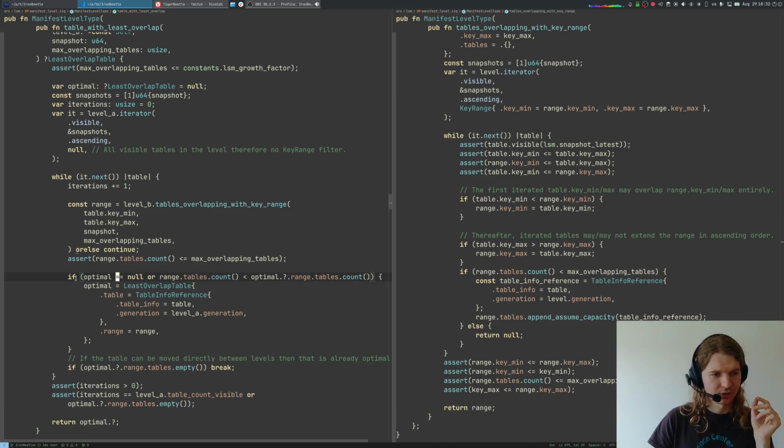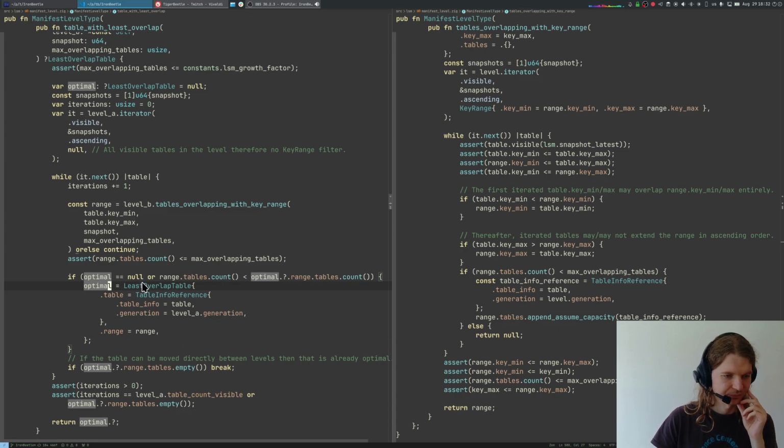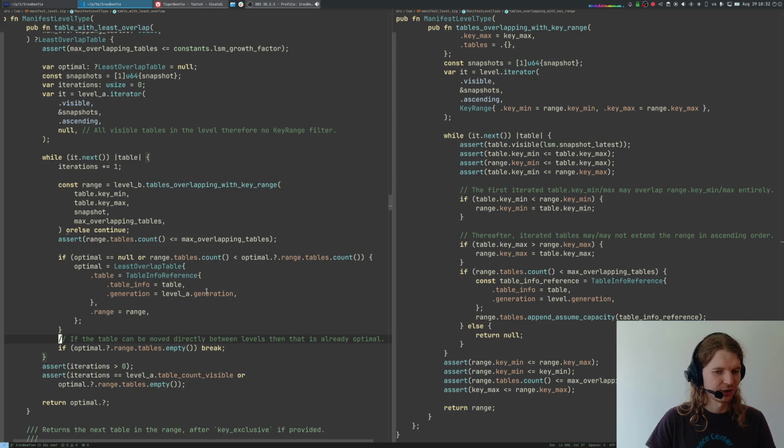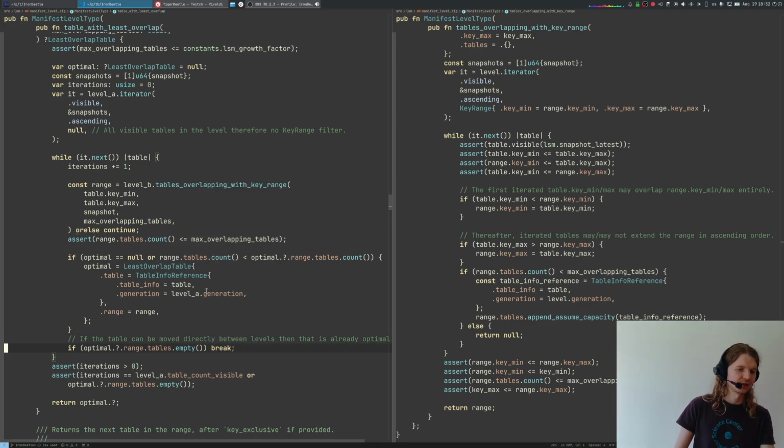And so if we don't continue, we find this optimal. And if the new range count is less than optimal count, then we update the optimal. So that's basically a find-a-minimum by the key. Finally, that's interesting: if we found a table which doesn't overlap anything in level B, which could just be moved,